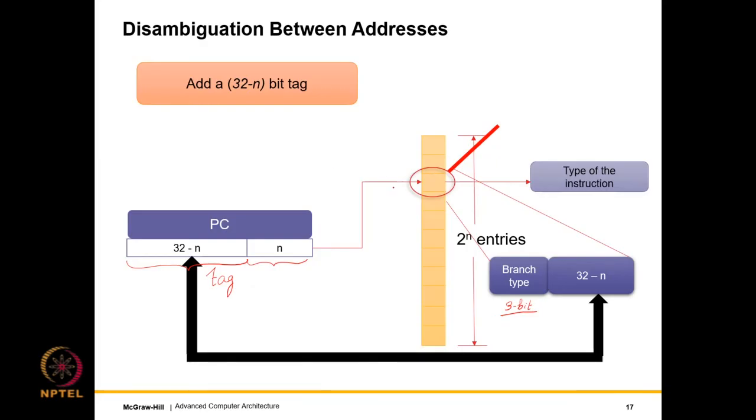So n bits of course match because we come here, and the 32 minus n bits match because we store them over here. So once all of them match, we have of course taken destructive aliasing and destructive interference out of the picture, and then we simply read out the branch type. So instead of a thin table, this becomes a fatter table because per entry we are storing more bits. But the advantage is that we are avoiding aliasing to a large extent.